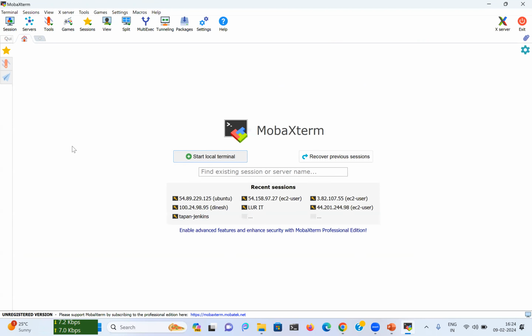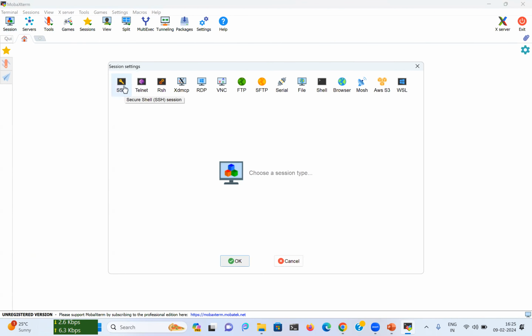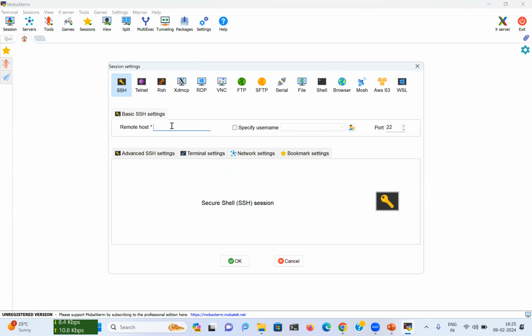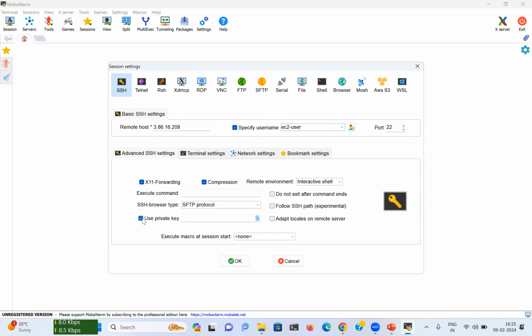Once it is installed, open the application, go to session and click on SSH. Here we need to provide our server IP address. The default username is ec2-user, and under advanced settings, we need to select the key that we created.